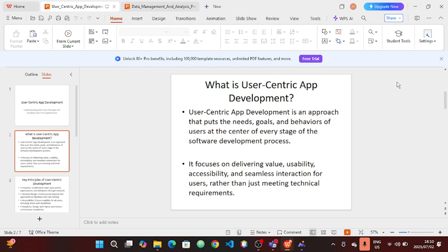What is user-centric app development? User-centric app development is an approach that puts the needs, goals, and behaviors of users at the center of every